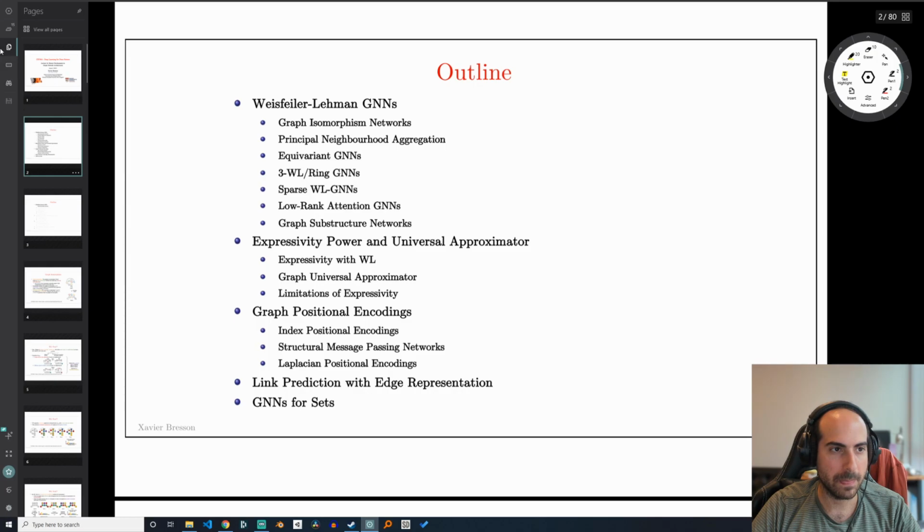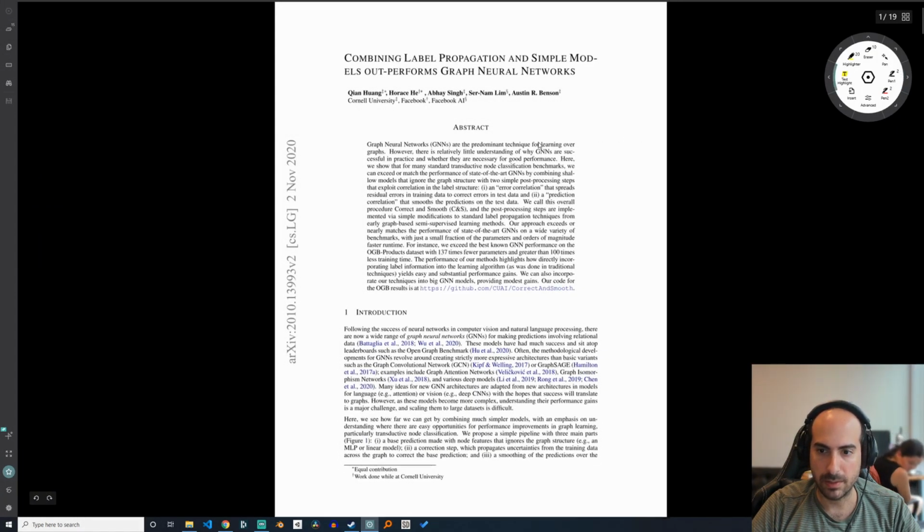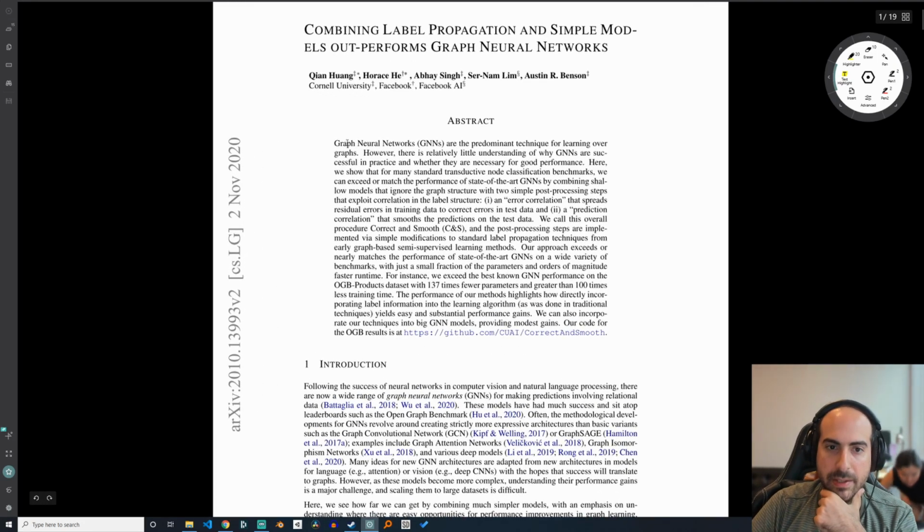So let's zoom in a bit. They're saying here that graph neural networks are the predominant technique for learning over graphs. That is correct. But there's relatively little understanding over why GNNs are successful in practice and why they are necessary